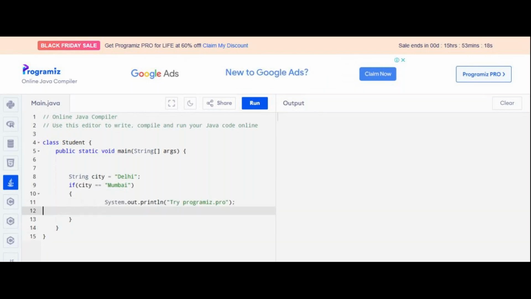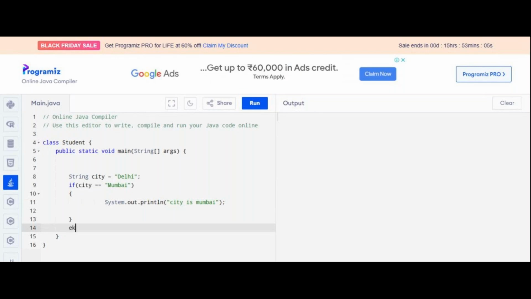Okay, so the city will be Mumbai. And I'm giving another condition, city equals Noida. There are two more conditions. So else if,